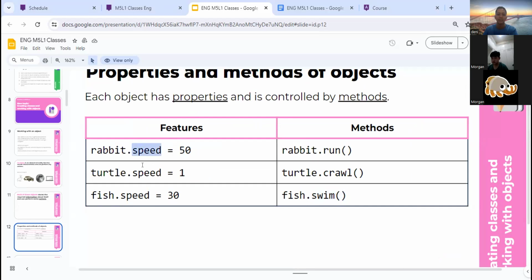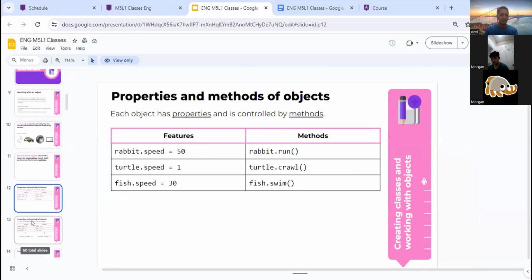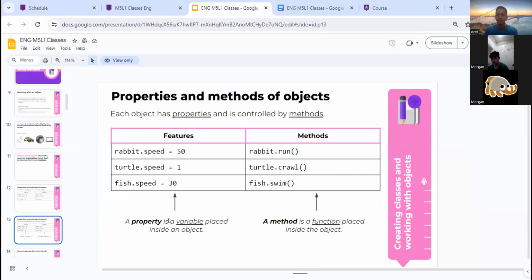It's the same as a variable, and this one is the same as a function. A property is a variable. Features and properties are the same. A property is a variable placed inside an object, and a method is a function placed inside the object.